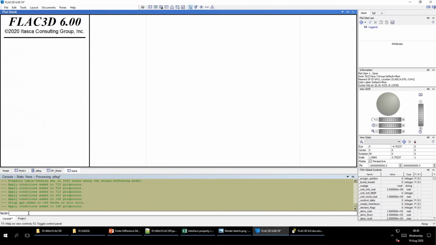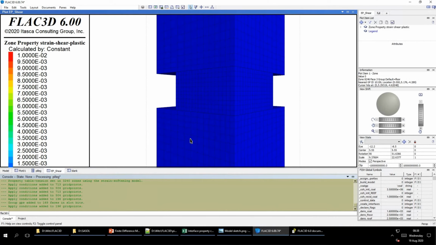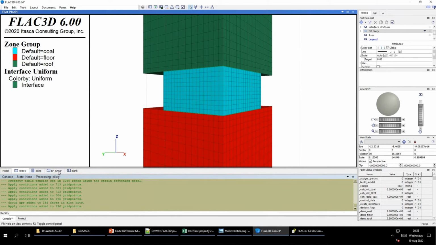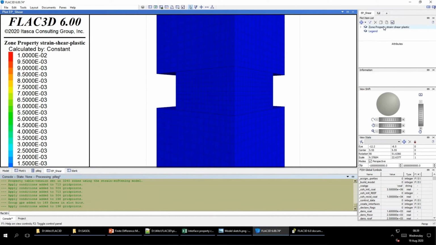Now you'll see it will create this thing called EP shear, which is a plot file. And I'm happy with that. It's pretty much the same view as we have here. Pretty much identical. Now there's another way to do this. Once you've got your view set up the way you want, and you can even set up the variables you want. Let's say I want to do something else. I want to put,